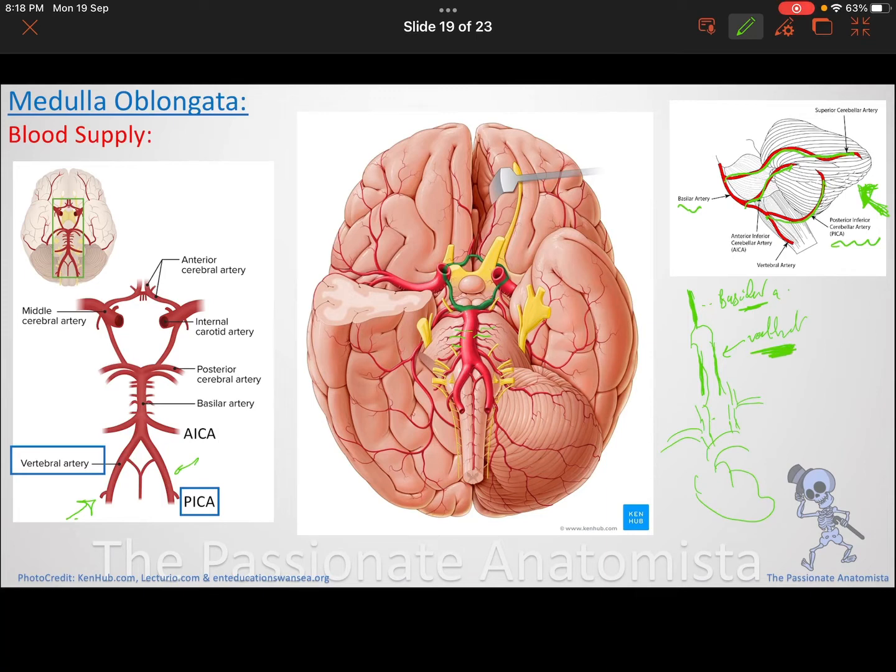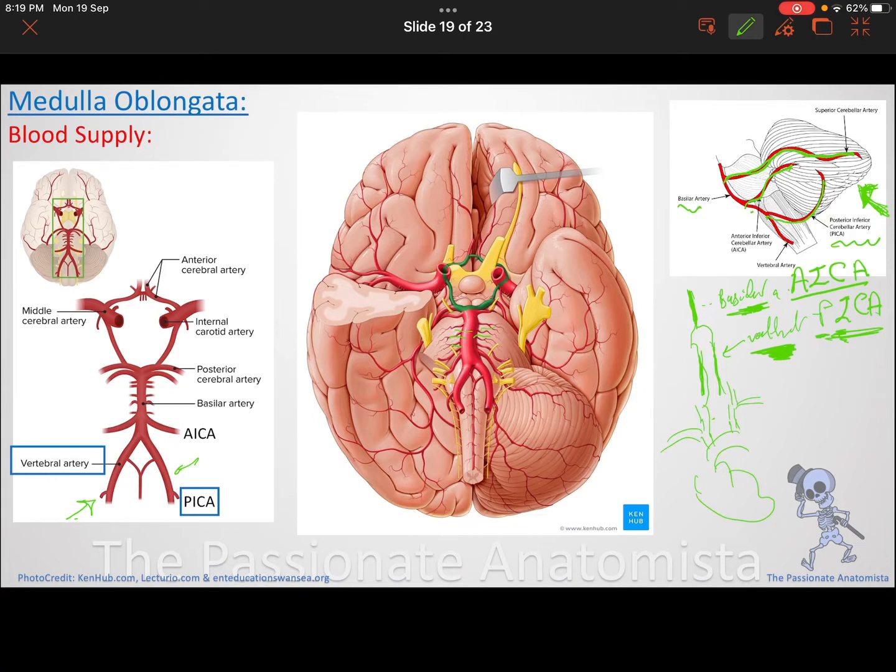The vertebral, because it comes first and it comes posterior, is going to give you something called the PICA, the posterior inferior cerebellar artery. The vertebral artery is posterior and inferior. The basilar artery is also inferior, but it's not posterior. When it feels jealous, it's going to send an anterior branch, the anterior inferior cerebellar artery. So the vertebral is going to give you PICA. The basilar is going to feel jealous, and it's going to send AICA. And not only that, it's going to leave the whole inferior surface, and it's going to send you a broad